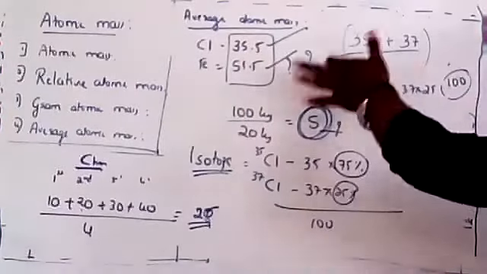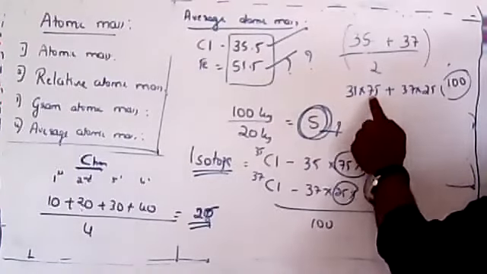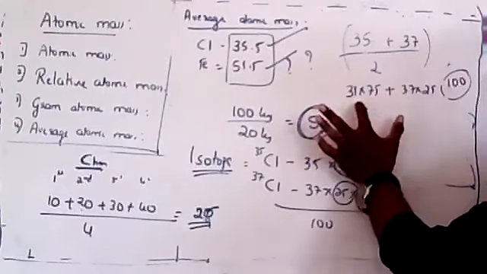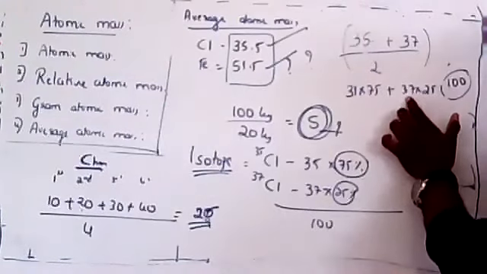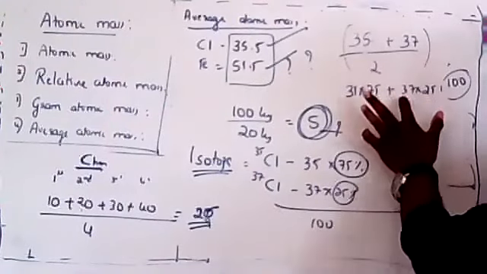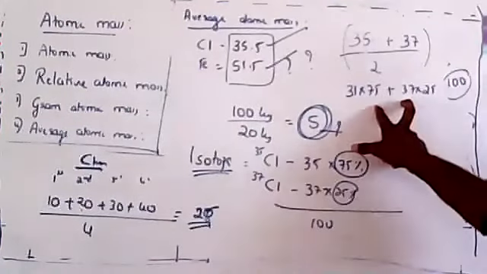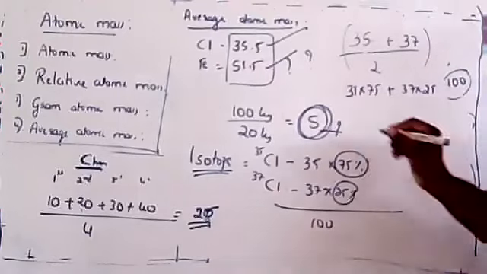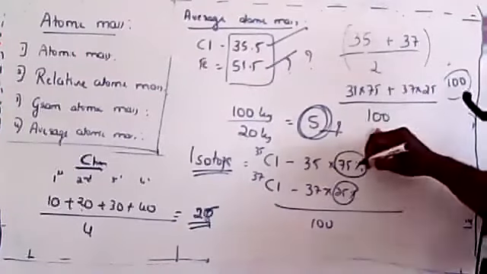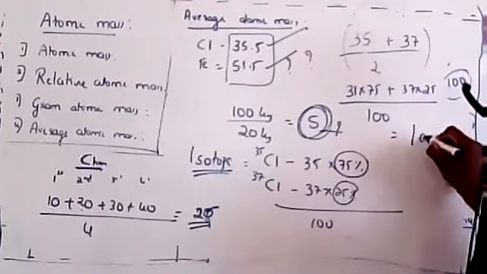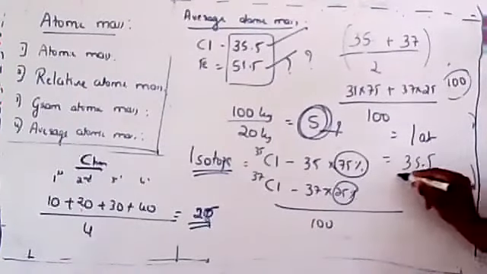So how to find the total weight? 75 chlorine are weighing 35 grams, so multiply these two and you will get the total mass of 75 chlorine. Then 25 atoms are weighing 37, so by multiplying, you will get the total weight of 25. Then add these two, and you will get the total of 100. Then what would be the weight of one? You have to divide by 100. If you divide by 100, you will come to know the weight of one atom. If you calculate this, finally I will get the value as 35.5.